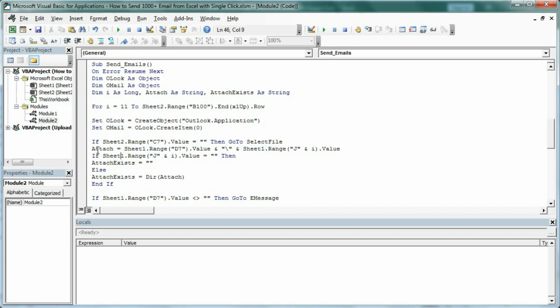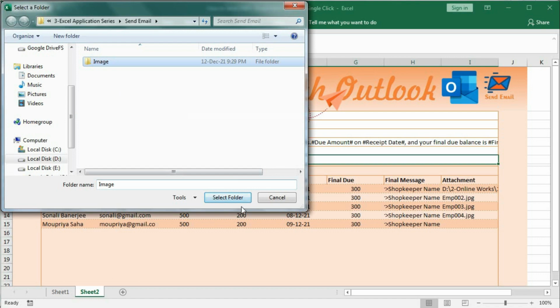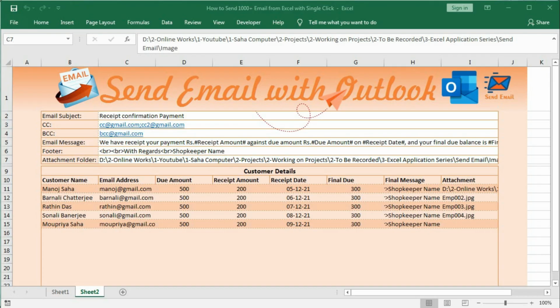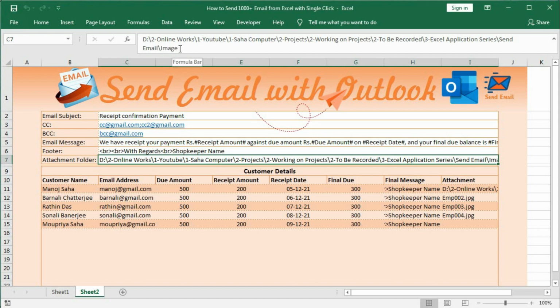So let's see, attach equal to sheet 1 dot range D7 dot value. That means if C7 have the folder path, then only this will work. So let's assume that this is the folder path. So after folder path, you can see here we have last image. So here we want one slash, then after that the file name.